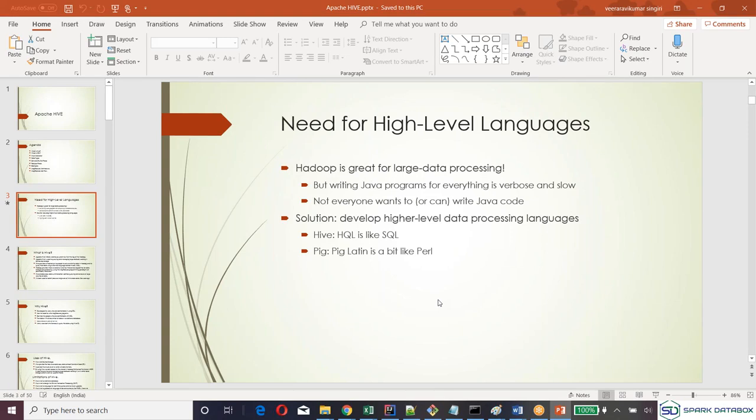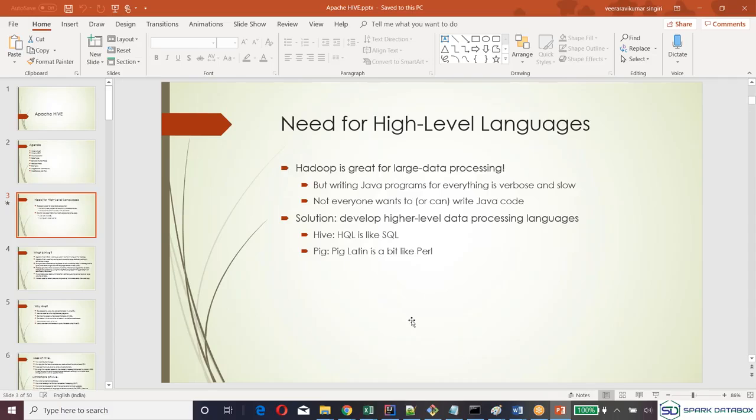You really need not write a MapReduce program. You just need to write your SQL query, and in the background it uses the MapReduce code, similar to how Sqoop did it. But in Sqoop, it generates the Java code, whereas here there won't be any code generation. It will be in the background.